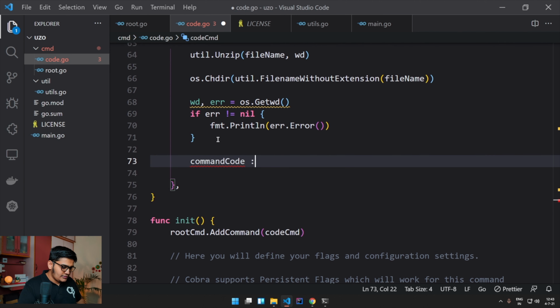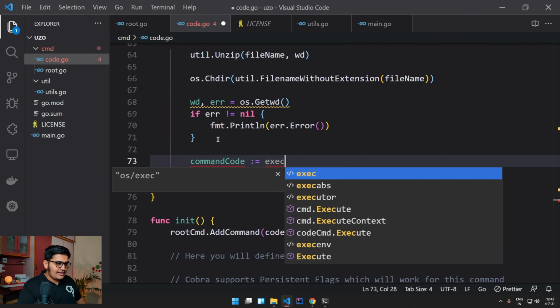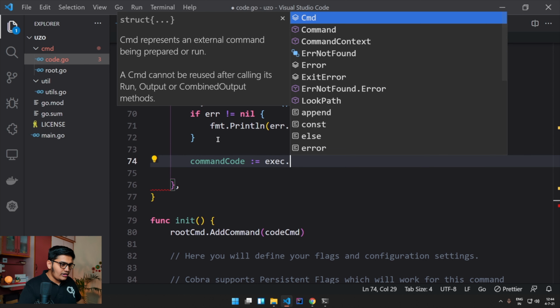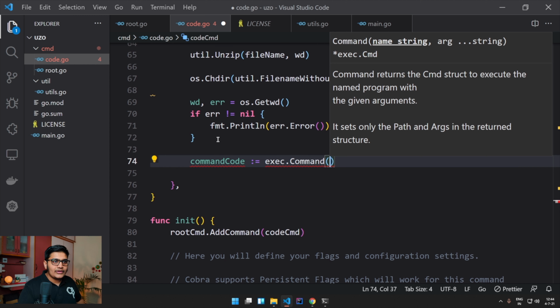After that, I'll say command code equals exec, which is the os/exec package. With this exec, I'll say exec.Command. Inside this command, you can pass the first string, which is the command, and after that you can pass the arguments.